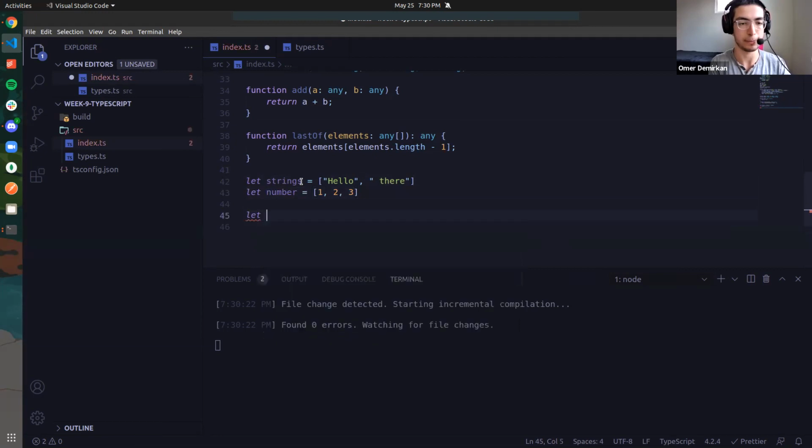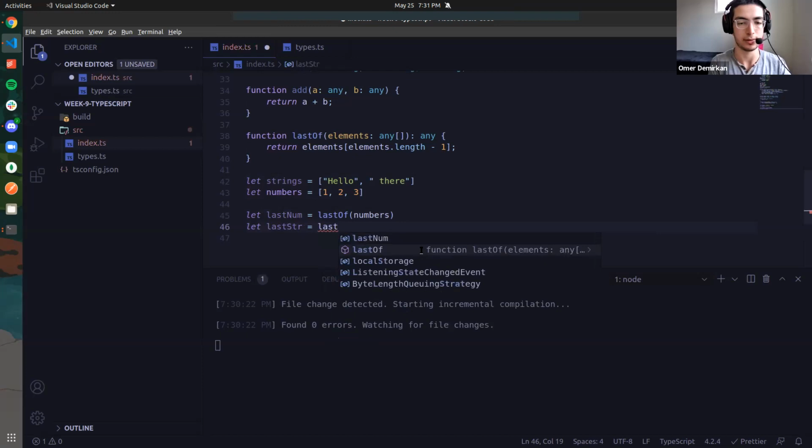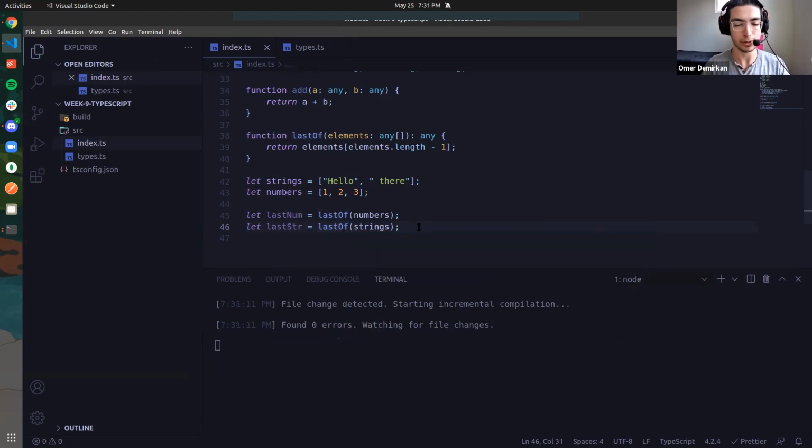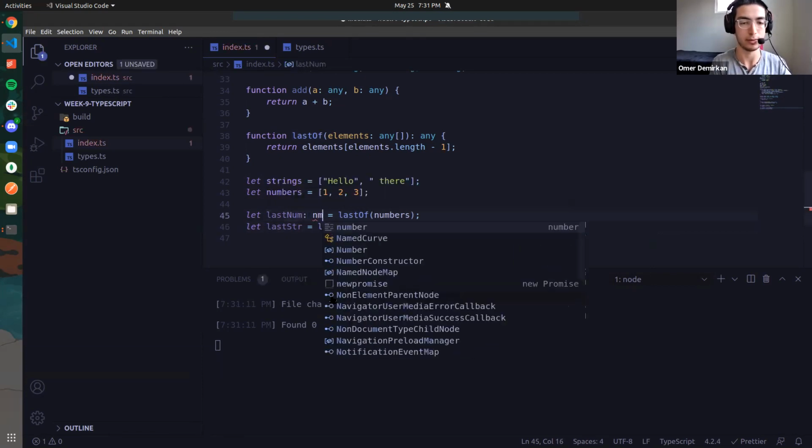So let's say let lastNum equal lastOf, and let's pass in number. We want to change this to plural. And say let lastStr, or str. We're going to say lastOf strings. Okay, let's save this. But similarly to before, we don't get that type annotation, right? This says this is anything, right? And if we actually annotate this, let's say number,